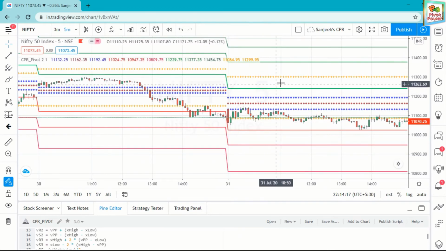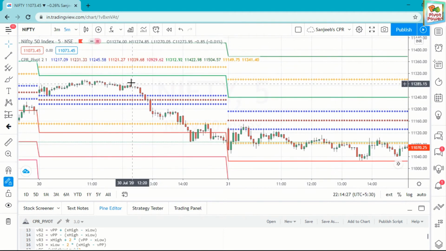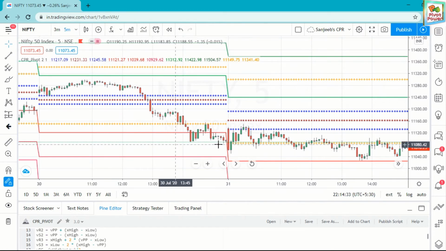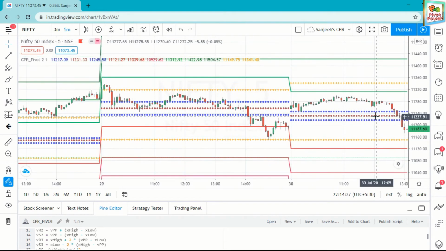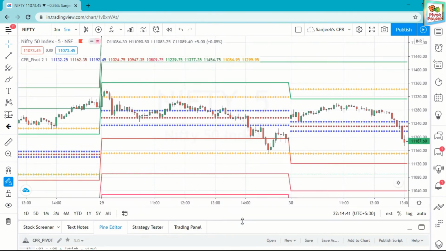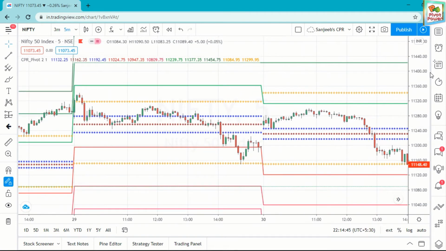See here how it has come. This mark is the previous day high, this mark is the previous day low. The previous day high is shown in the chart here. The previous day low is here. It comes for all the indexes and stocks.